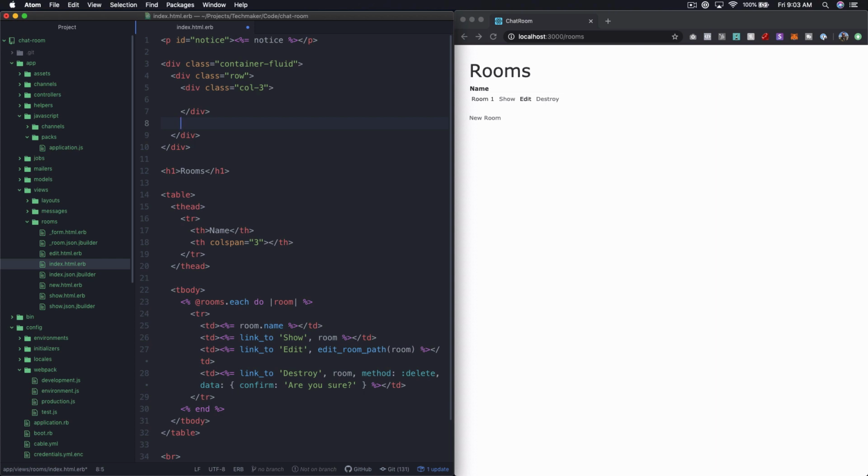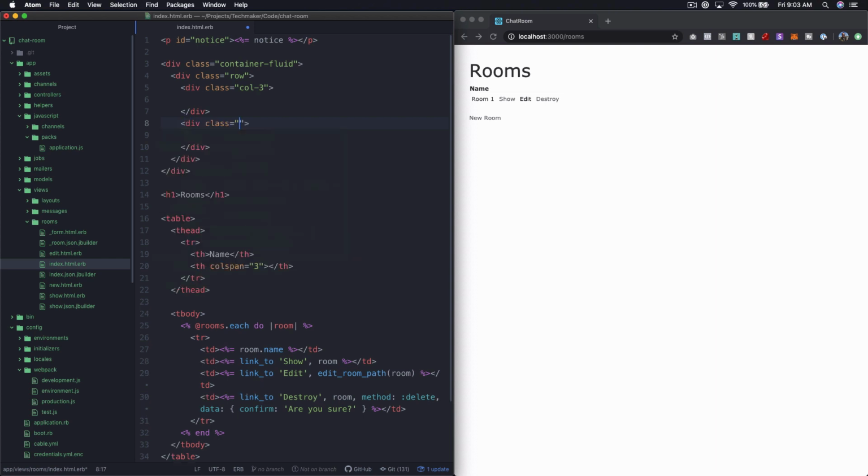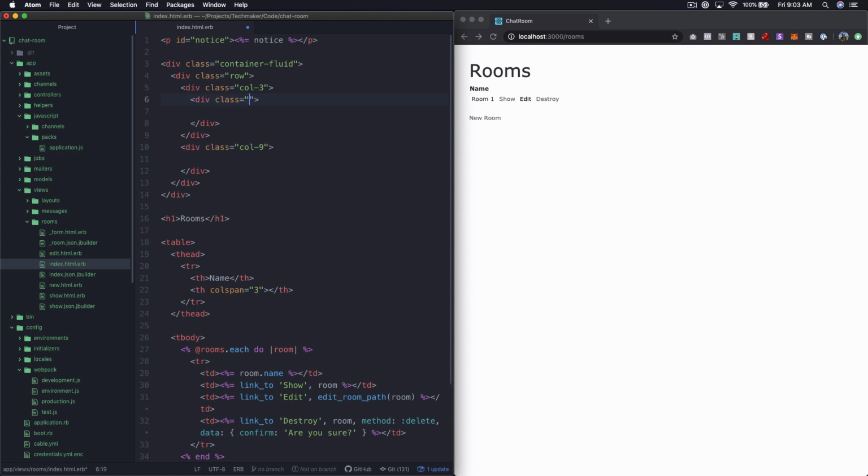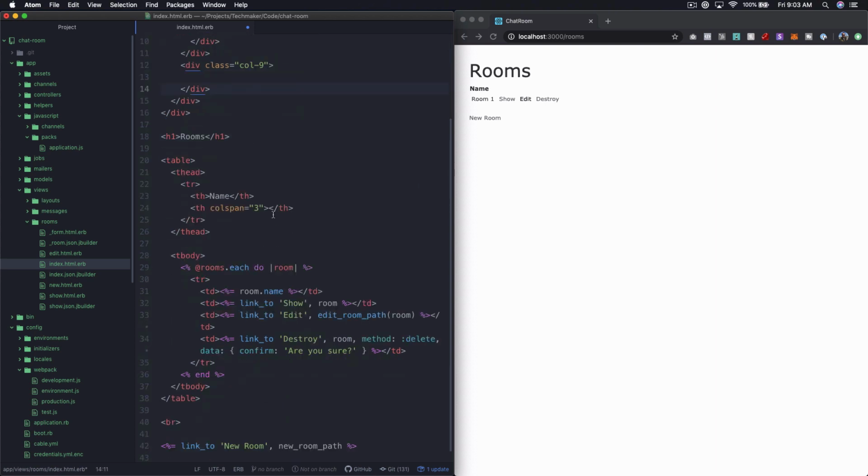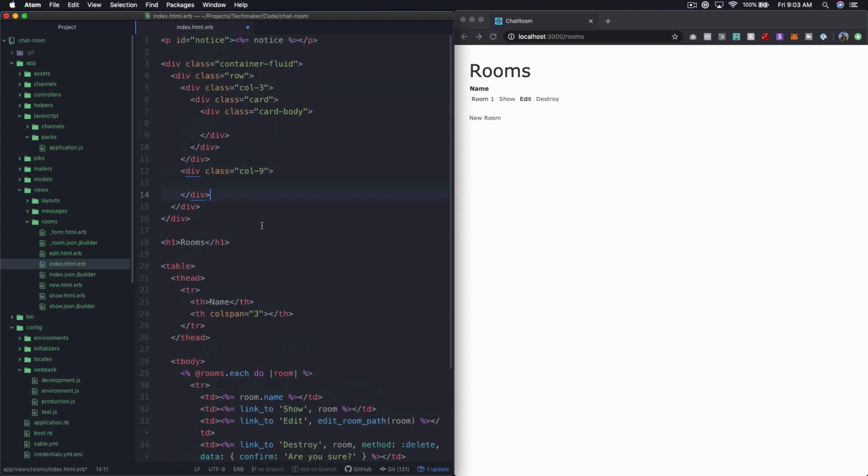I'm just going to say it's a column 3, column 9. Then what I want to do is say for each of my rooms, well, first of all, at the top, let's just put a card body,